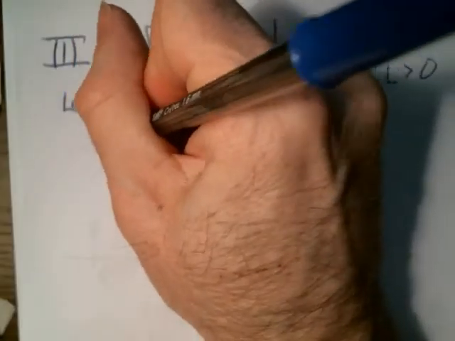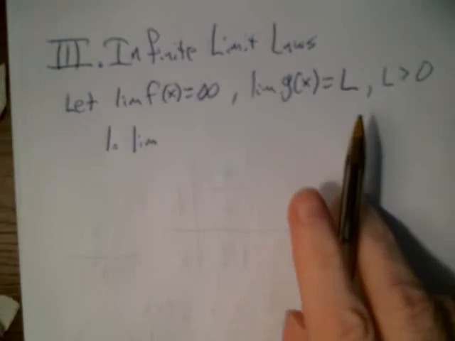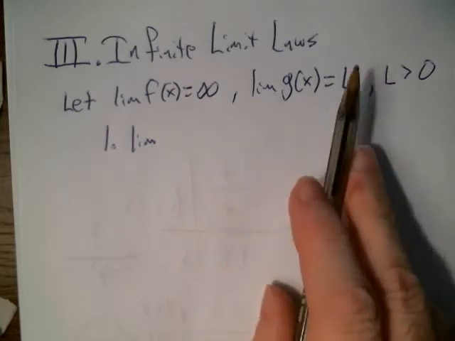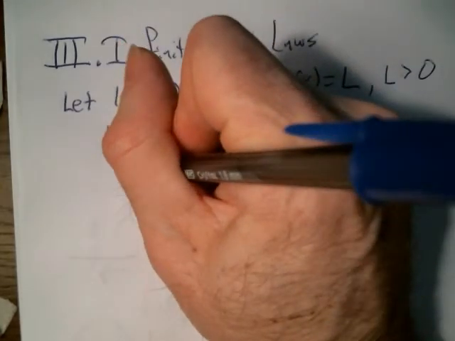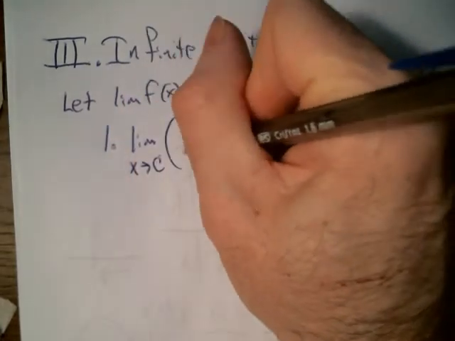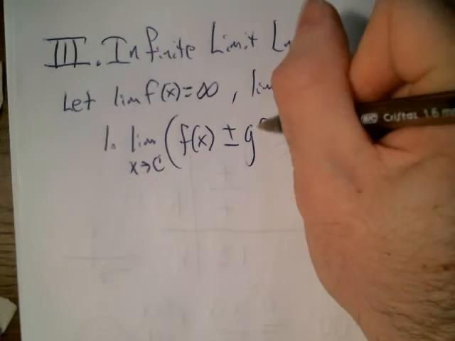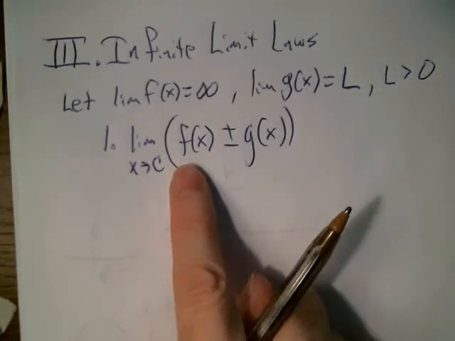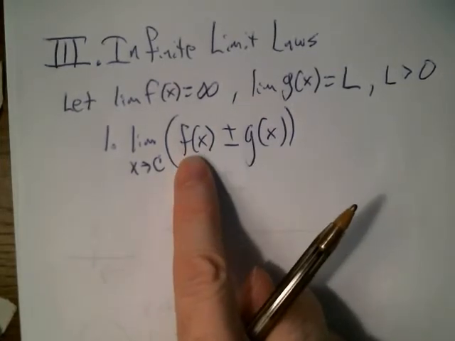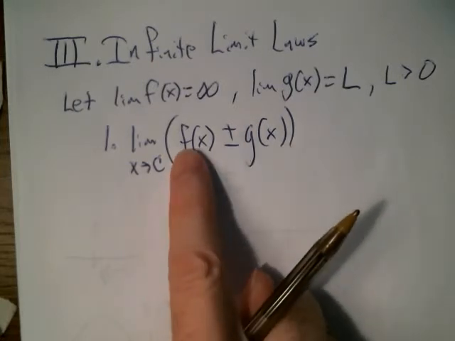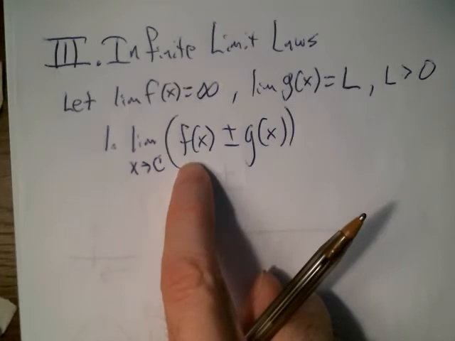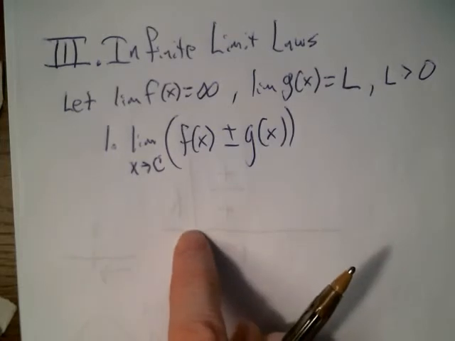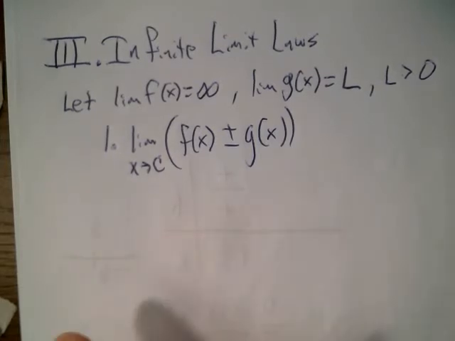Okay, so the first one says that if you add in a constant to something that's going to infinity, it'll still go to infinity. It doesn't make a difference, okay? So the limit as x goes to whatever number of f of x plus or minus g of x, you can kind of just completely disregard this thing. It's not going to make a difference because if you looked at a table, this thing would be like 100, this would be 1. Then this would be 1,000, this would be 1, and then this would be 10,000, this would be 1. So at each point you're getting like 101, 1,001, 10,001, 100,001. It's still going to go to infinity,